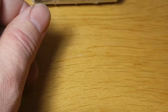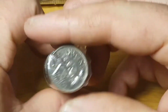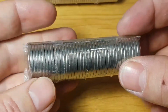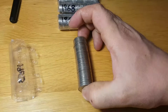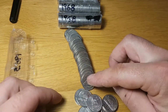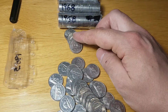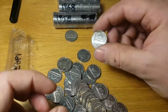And then the one that's actually gonna win this box already is an entire roll, at least I think it's an entire roll, of 1963s. And obviously those are all young heads, so maybe I'll open these with you and then we'll be able to see what is actually in it. Just had to grab a knife in order to get the tape off, and now we can open it. And as I'm looking around, yeah, these are all 1963s. So I might take a look at those later again and look for some varieties in there or anything like that, but these are all 1963s, which means we have actually just an entire roll of these,